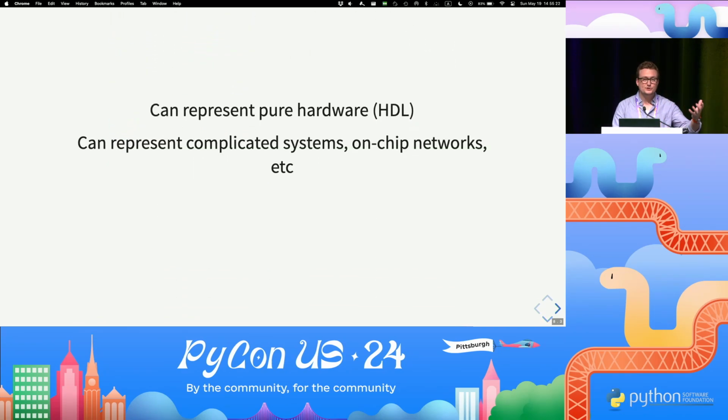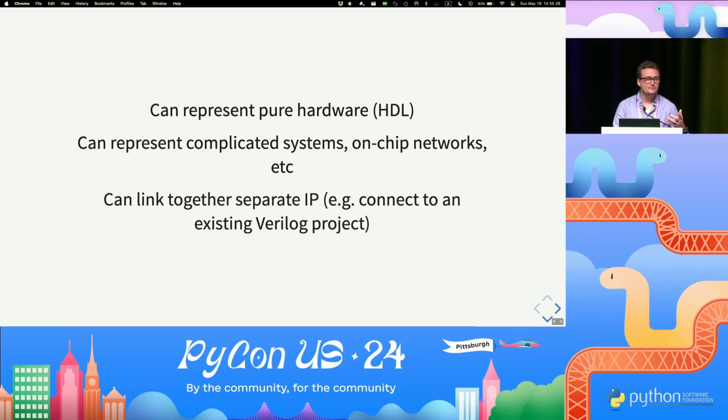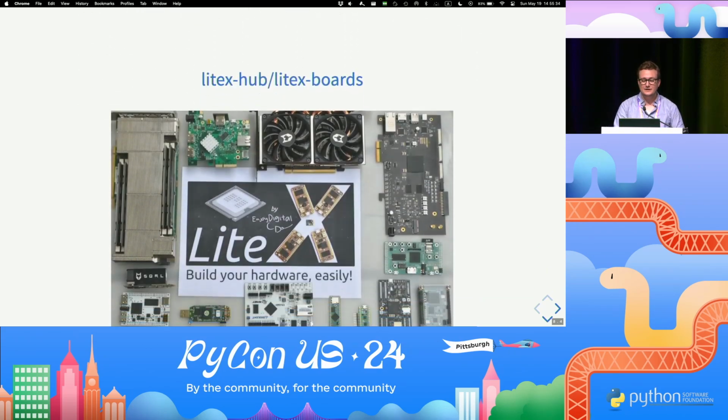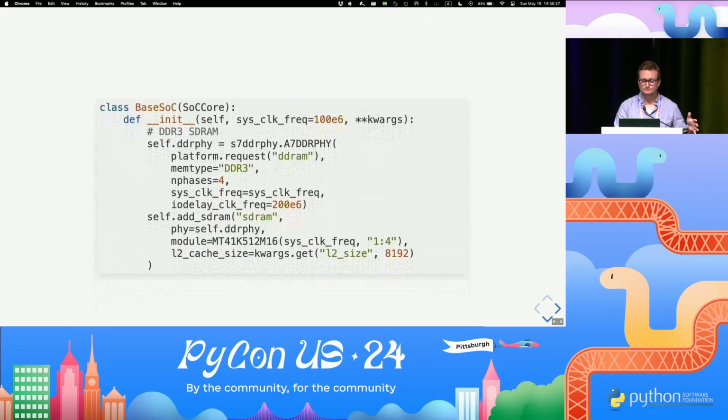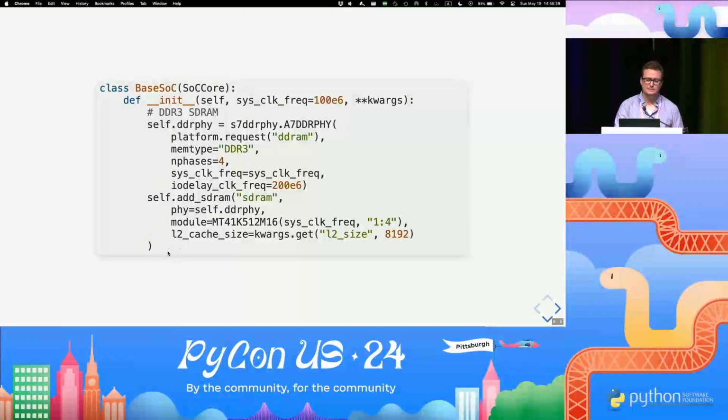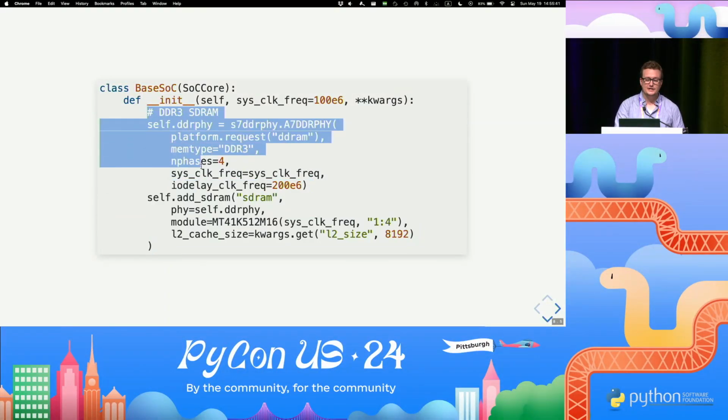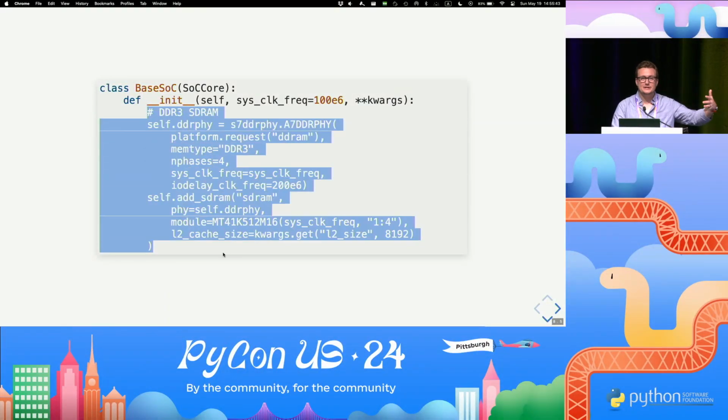You can represent hardware, so you can kind of write your logic. You don't have to learn Verilog. You can just do Python. You can represent complicated systems like on-chip networks. You can link together somebody else's hardware project with your hardware project and put it all on the same device, all from Python. So again, this code is a little bit complicated, but I can instantiate some DDR3 memory, right,